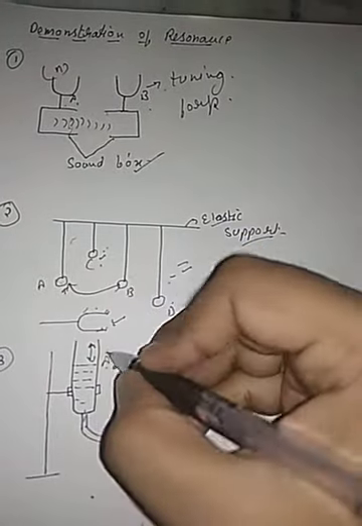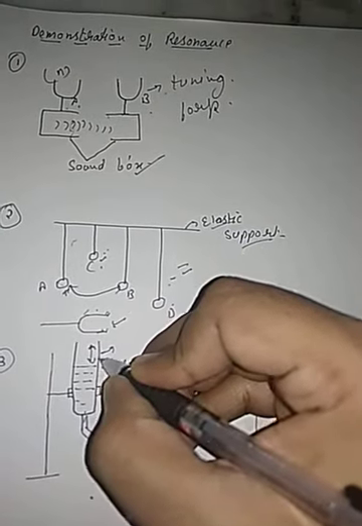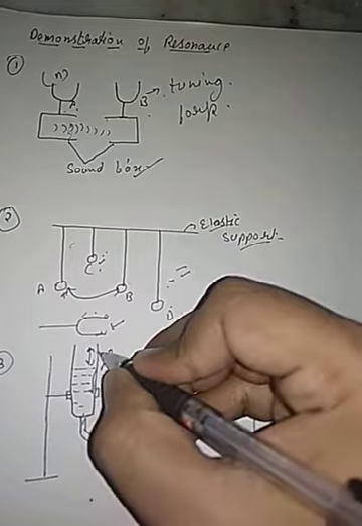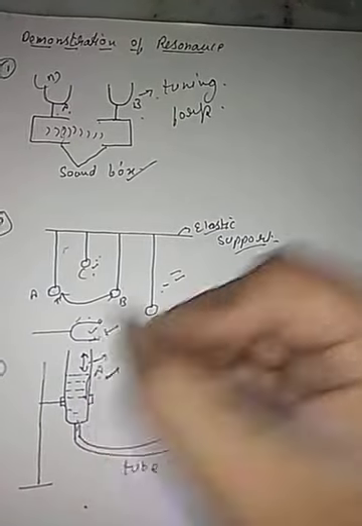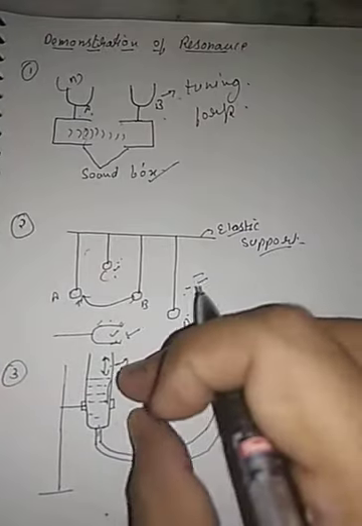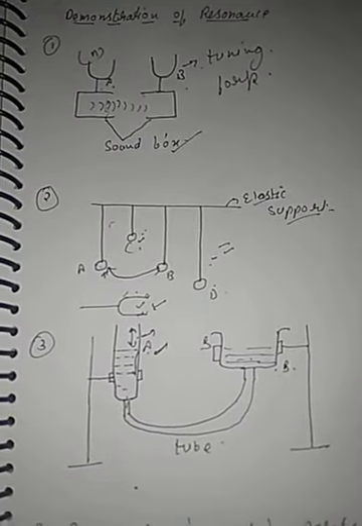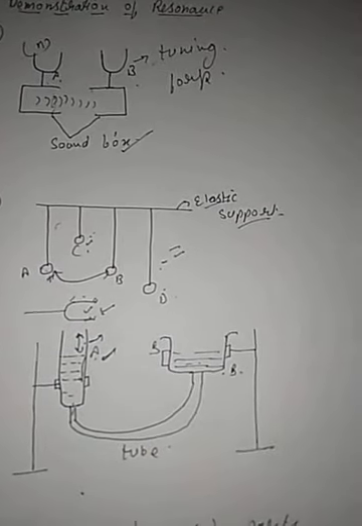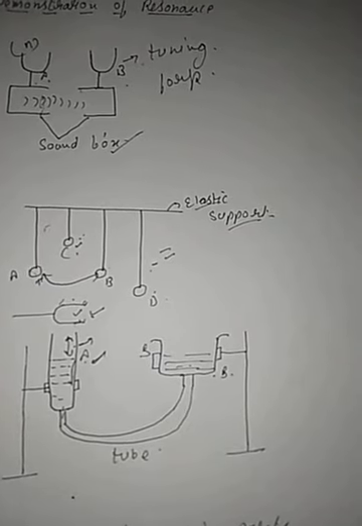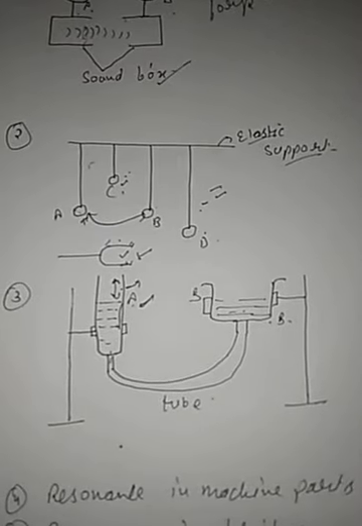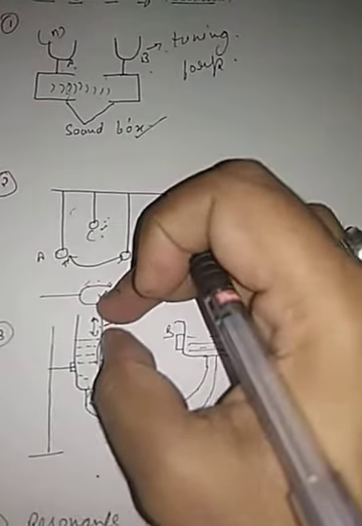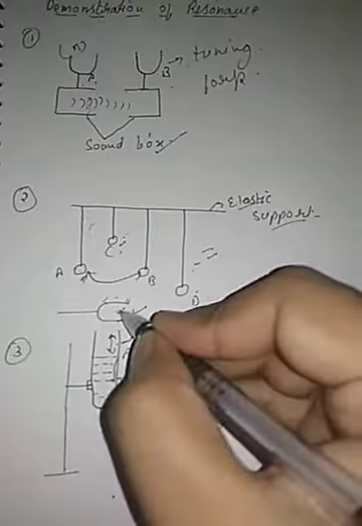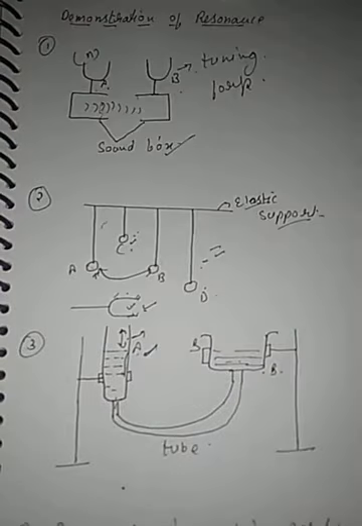Suppose this is the initial length, and when the water level goes down and this length becomes 3 times, then the frequency of the tuning fork becomes equal to the frequency of the air column, and a loud sound is heard. Why is a loud sound heard? Because it goes into the resonance condition. When this length becomes 3 times, the frequency of the tuning fork becomes equal to the